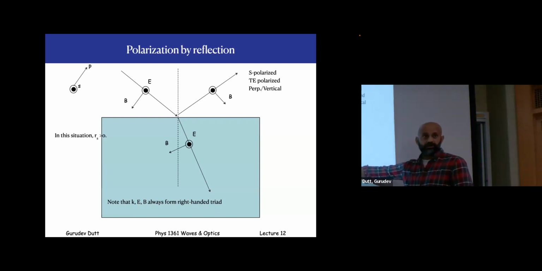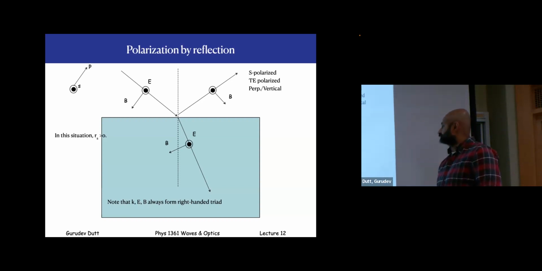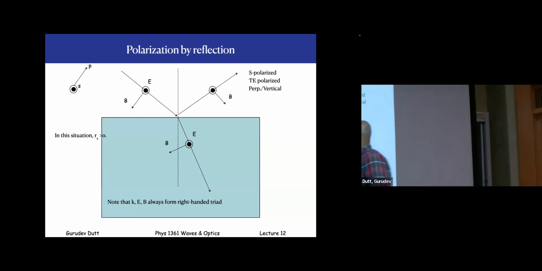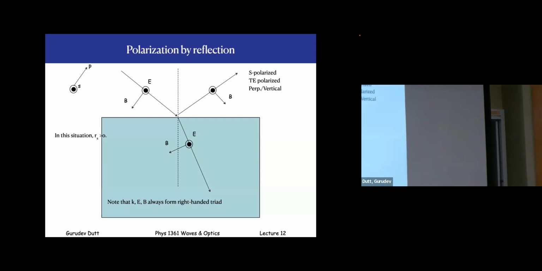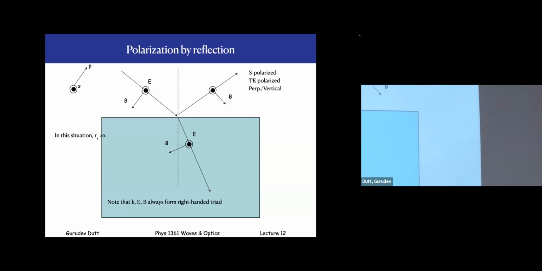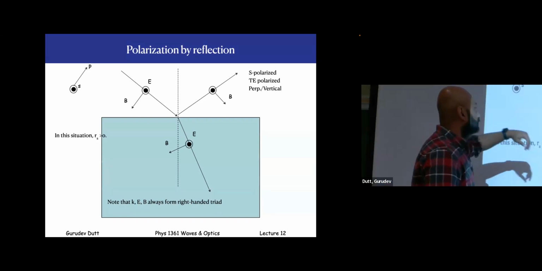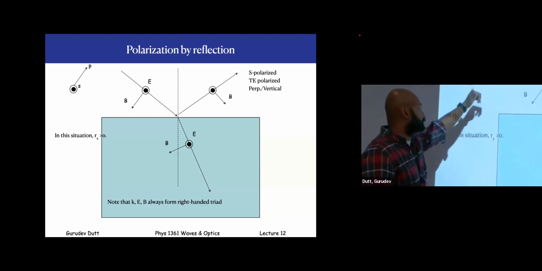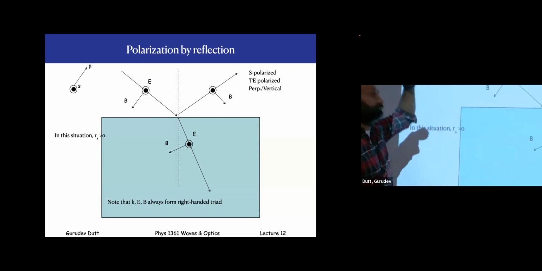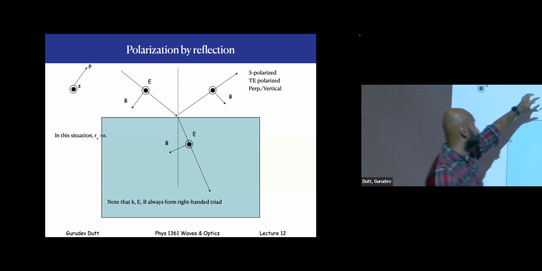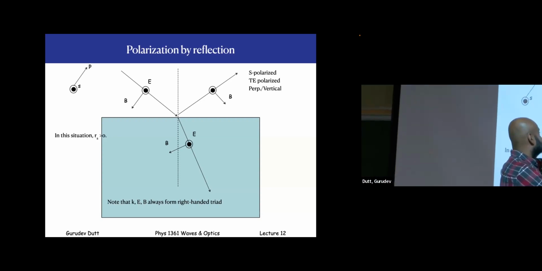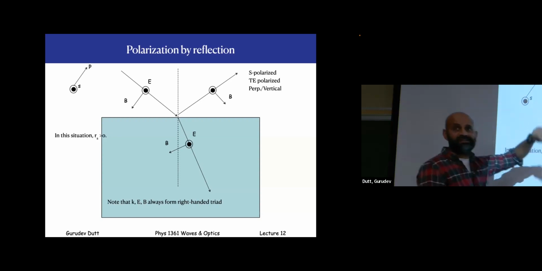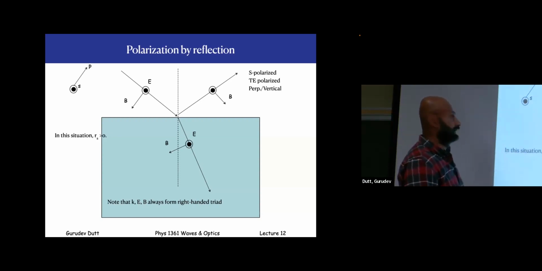Here is your interface of the glass material, whatever it is that you have, and we now take two situations. In the first situation, remember that K, E, and B always have to form a right-handed triad. Okay. So initially, if I take E to be pointing out of the screen, which is denoted by this circle with a black dot on it, one way to picture that is to imagine there's an arrow and the tip of the arrow is facing towards you. So what I would see